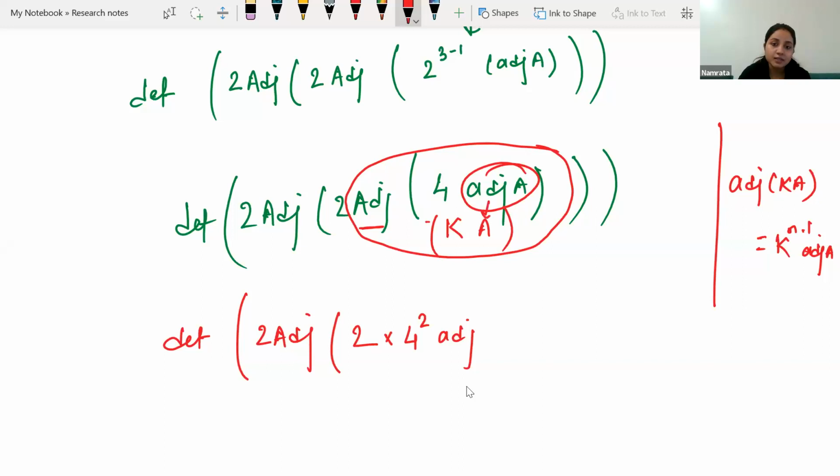Now what we have taken as A, we have treated this adjoint A as A. So we have,